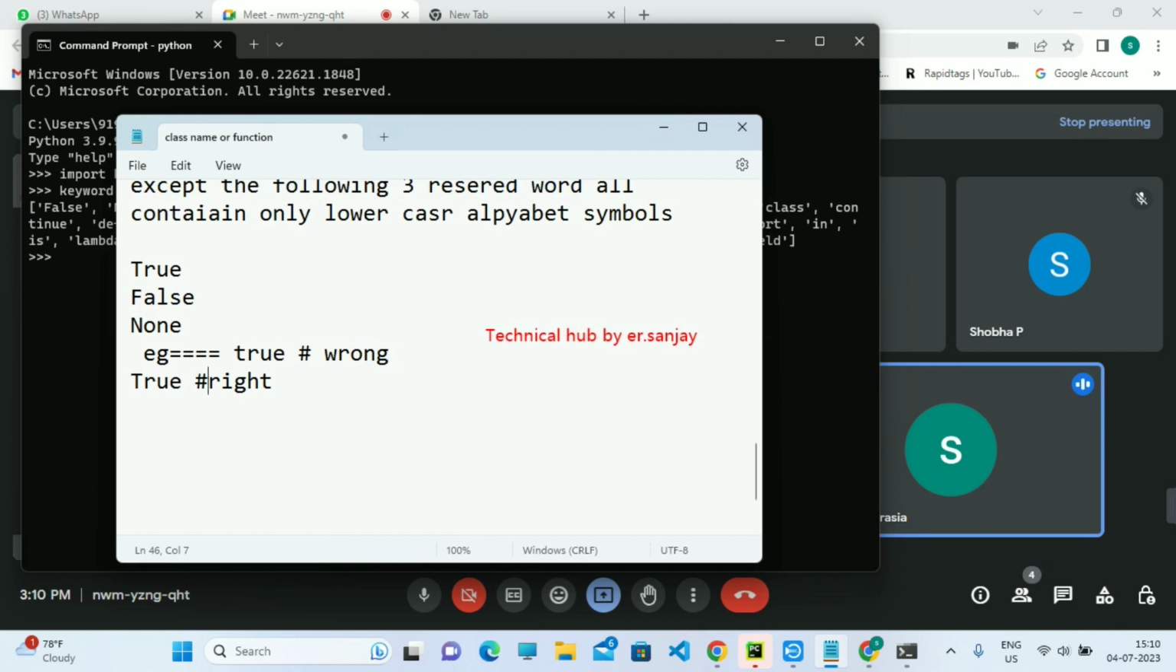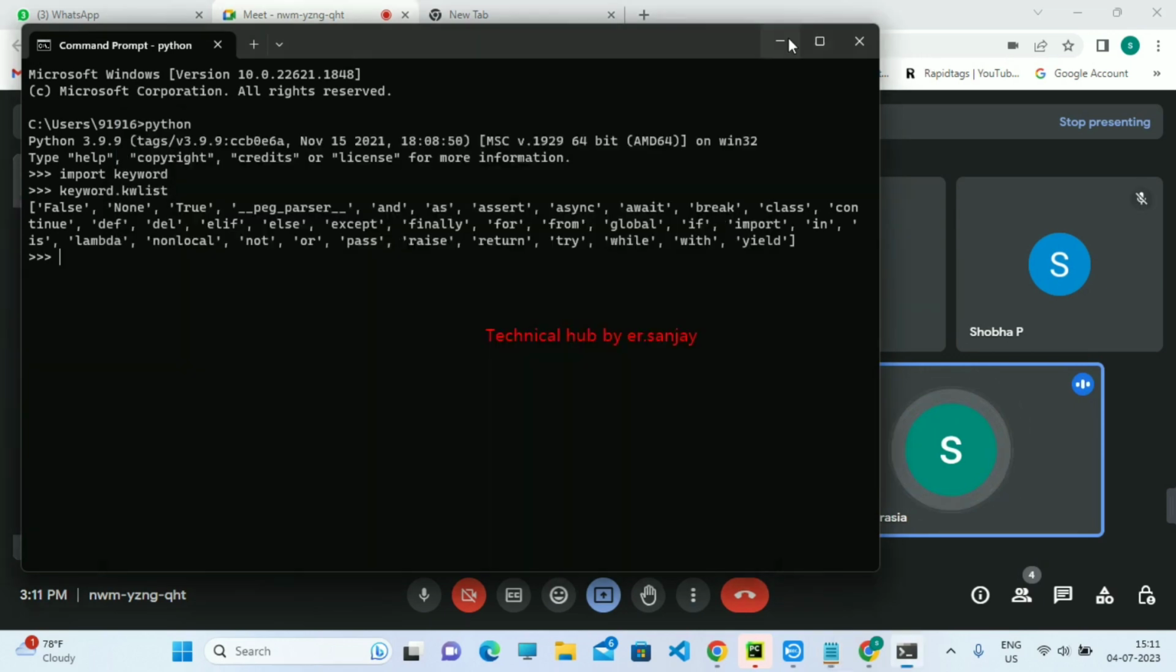Okay, sir. Three words are which words? True, False, and None. The first letter is a capital letter. Okay, then the next topic is